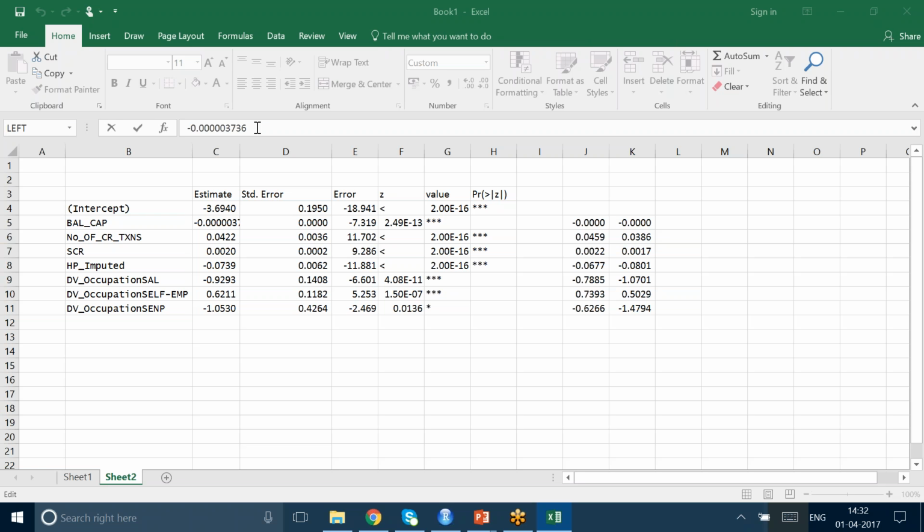See, if you're not happy with this small beta, because if you see all the other betas, at the first or second decimal position, for all of these betas there is some number, but here even after 4 decimals, this number is like 0 only. If you are not happy with that kind of thing, then the simple solution is